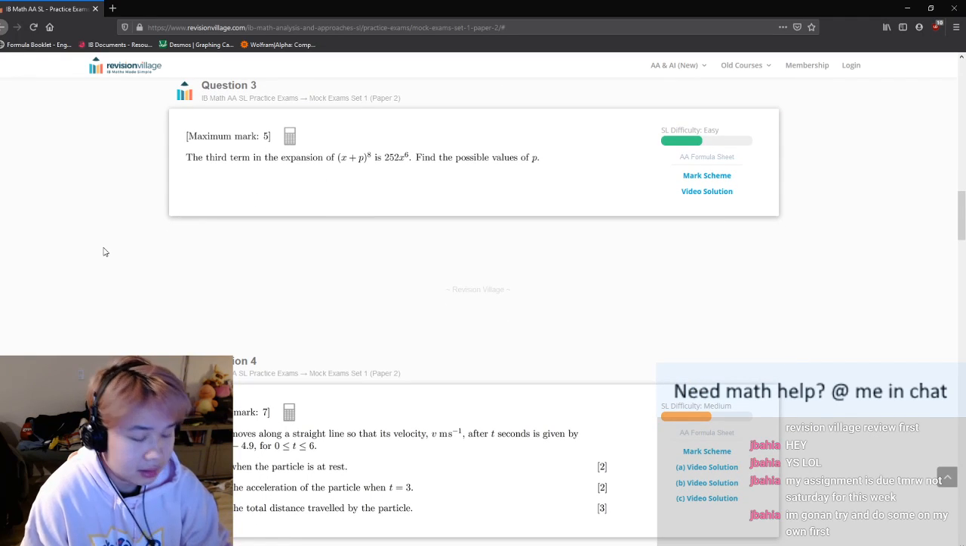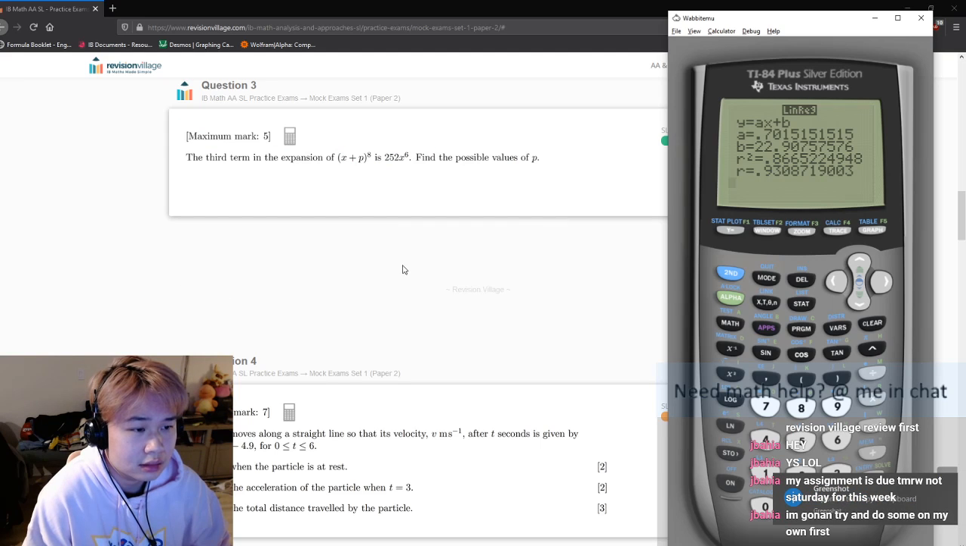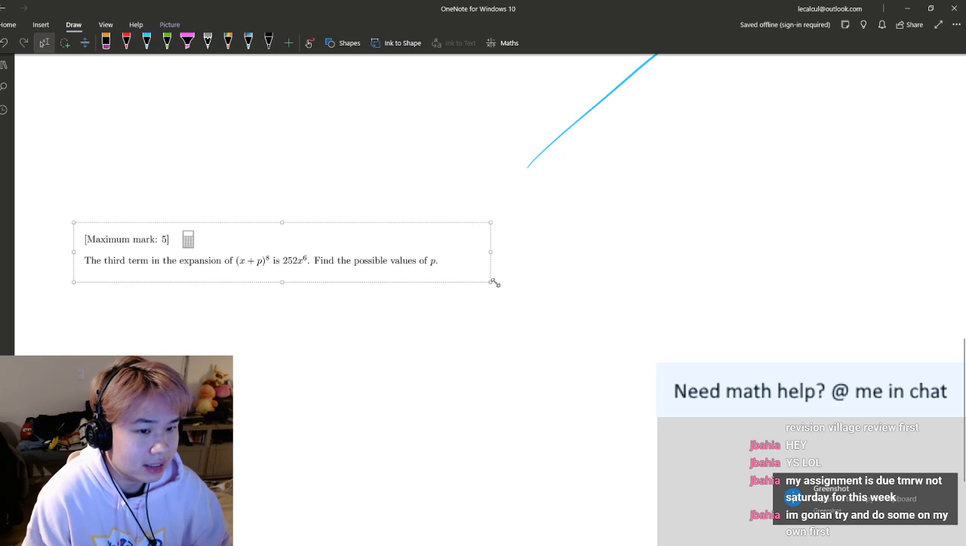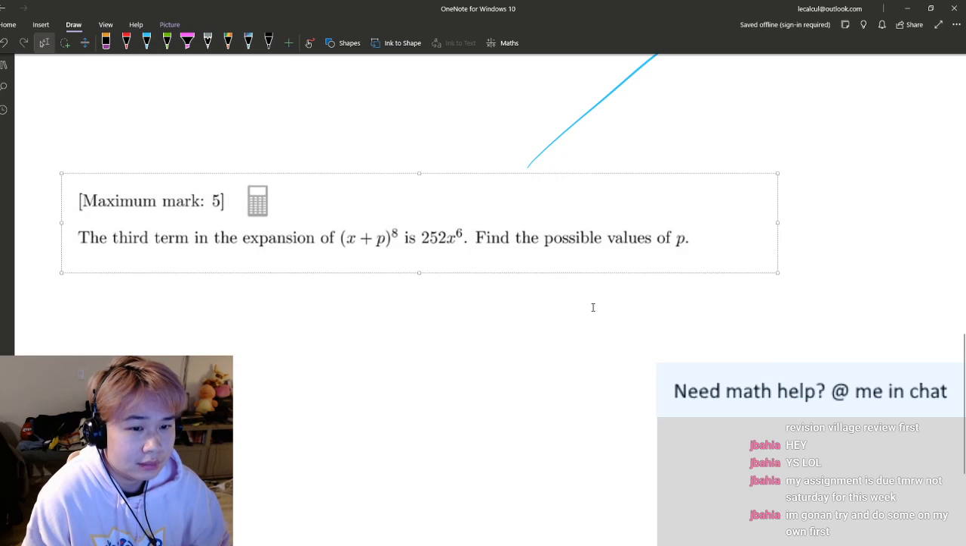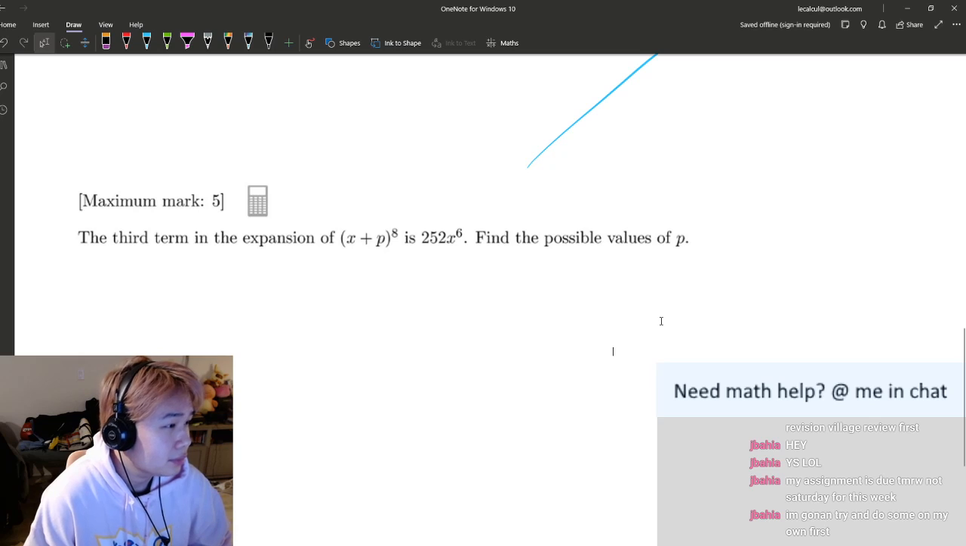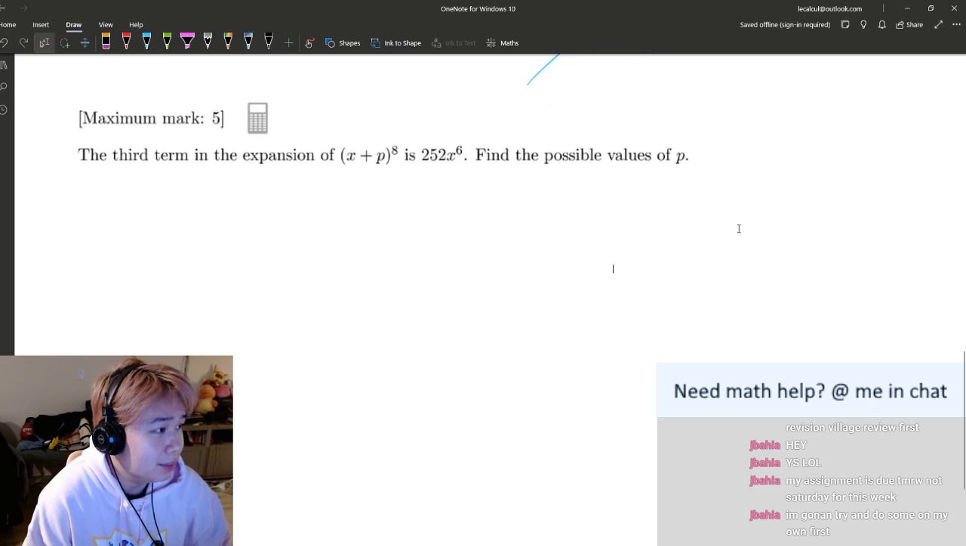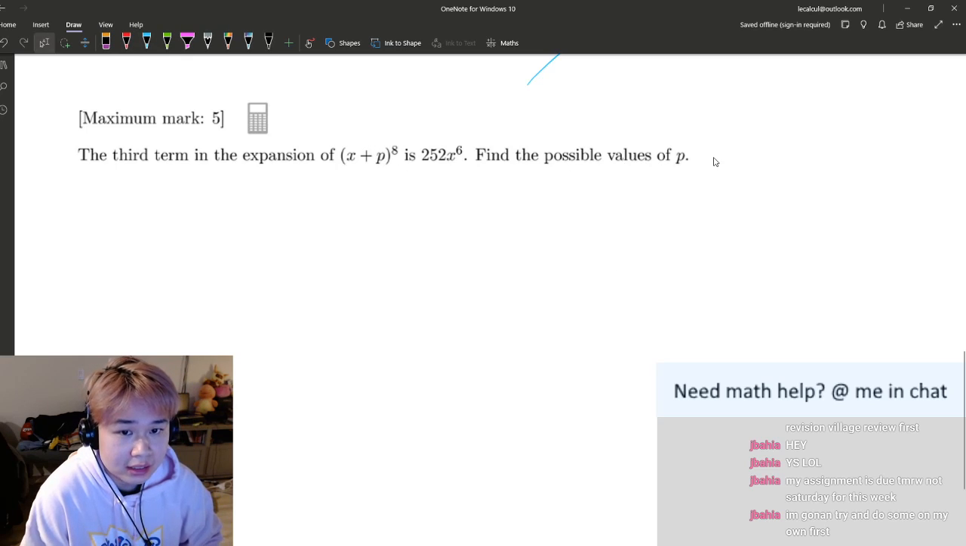Okay. This is the one that I saw that I thought was question 2. Some good old binomial expansion. So find the third term in this expansion, find the possible values of what P is going to be. Okay, so